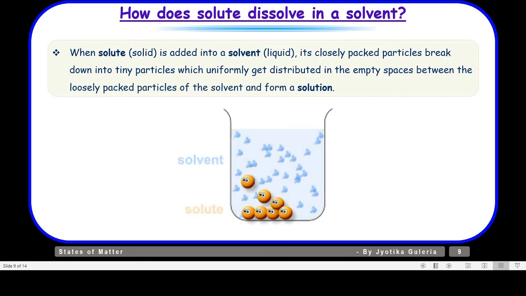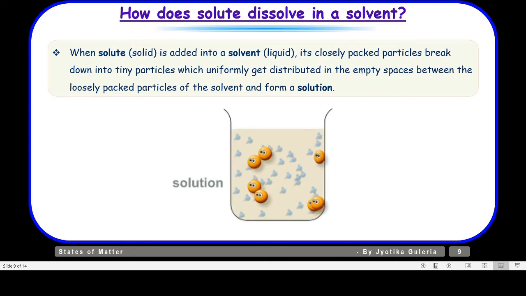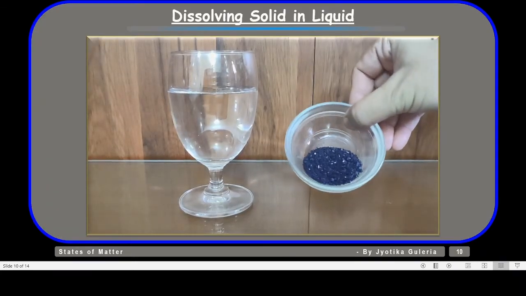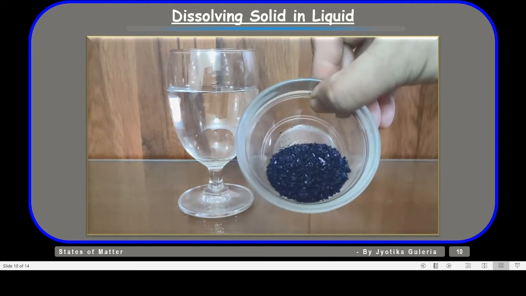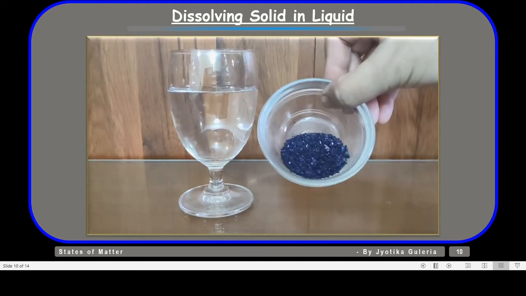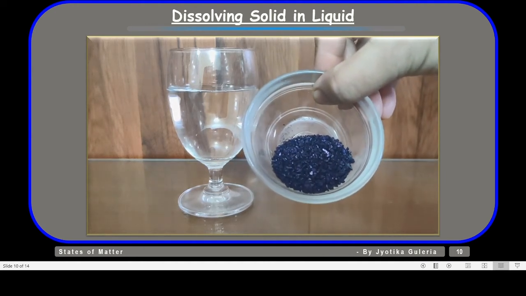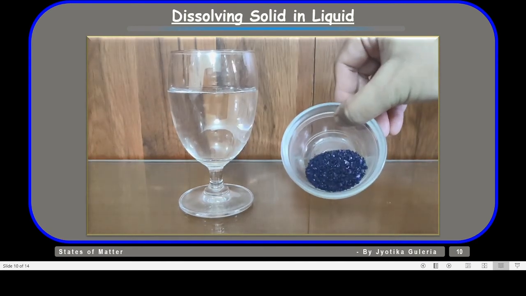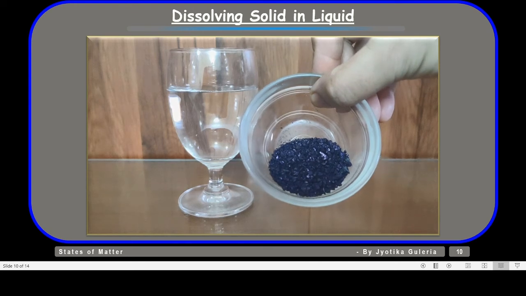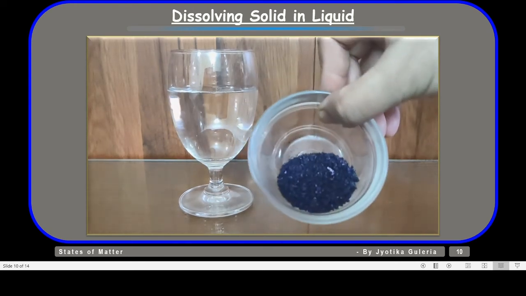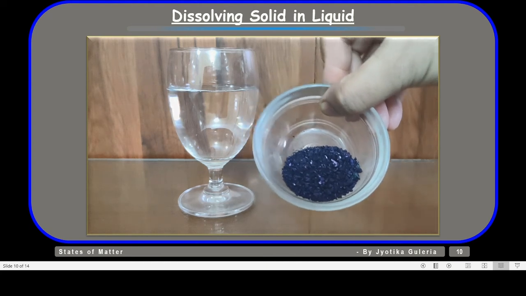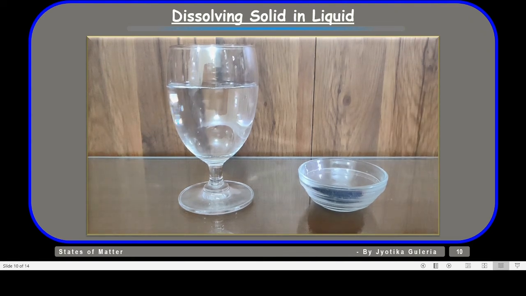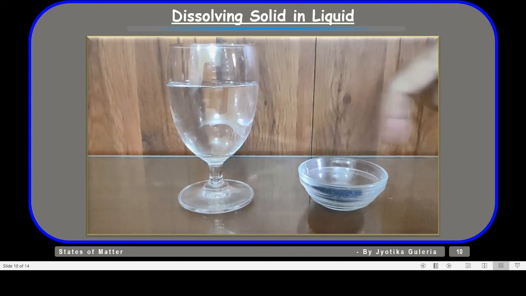So children, now let us take up a demonstration on how a solute dissolves in a solvent. Here I have these potassium permanganate crystals, and first of all you should know what potassium permanganate is used for. It is used for getting rid of many fungal infections, and it is also used as a disinfectant in swimming pool water, and it gives a purple color when it is added in water. I hope it will help us to understand how the particles of solute, when mixed with solvent, occupy the space in between the solvent, and here we have water as solvent.